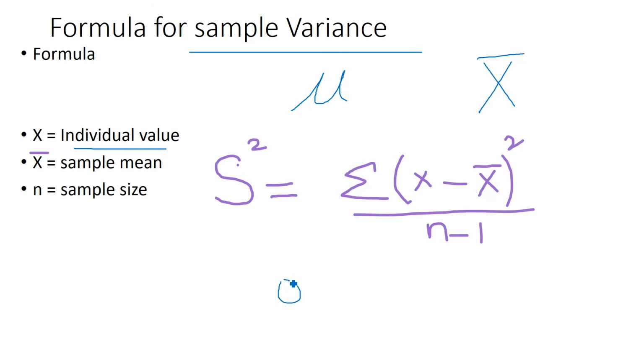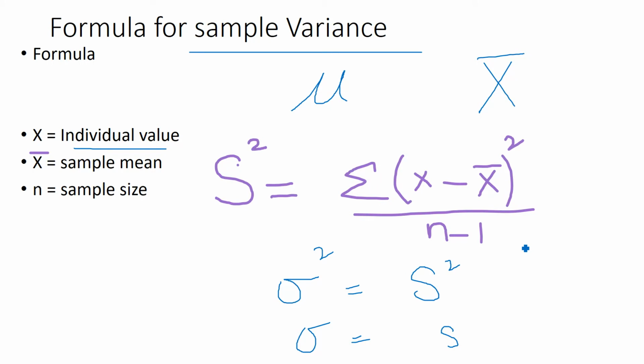Similarly, sigma squared is the variance in the case of a population. Here, in a sample, you use s squared for the variance. Sigma is for the standard deviation of a population and s for the standard deviation of a sample. So s squared, instead of sigma squared because this is a sample, is equal to the summation of (x minus x bar) squared over n minus 1.